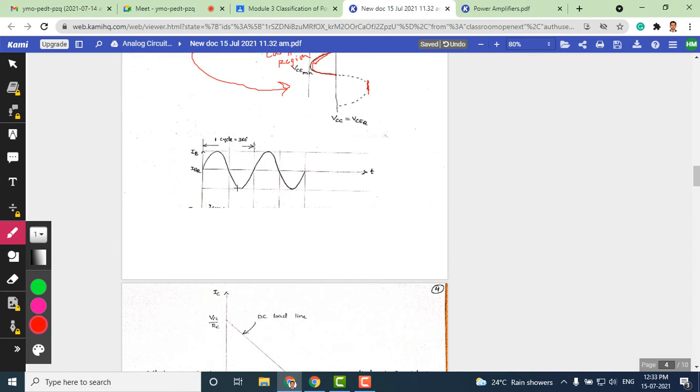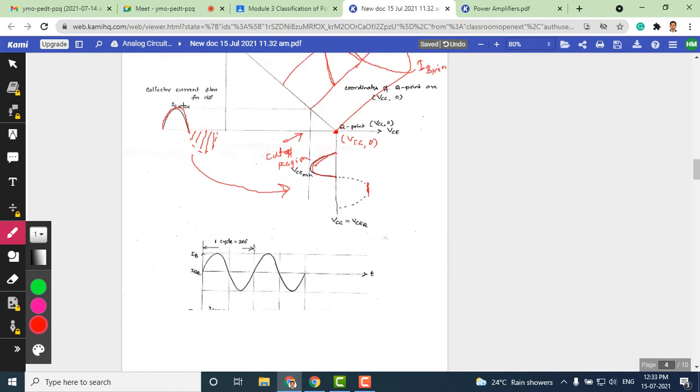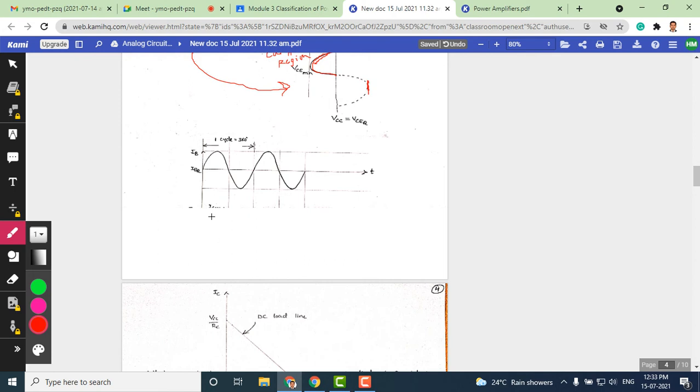Okay, so this is a full input cycle, and the same thing what you see here. Okay, so that can be shown below here. So for your reference, I can draw here the waveforms like this. So we will see only the waveform for positive half cycle like this. Negative half cycles are suppressed. So this is the collector current waveform IC.